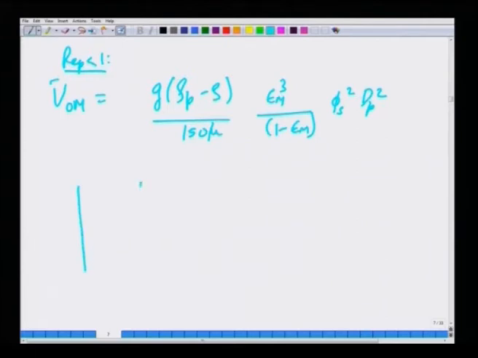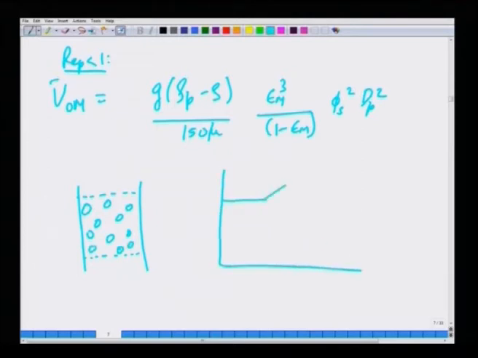Now, another question that we can answer with our analysis so far is that suppose you have a fluidized bed and you are in this regime where the length of the bed is expanding. This is the length, this is the pressure drop, this is the superficial velocity, and you are at a particular pressure drop where the pressure drop is constant and the length is at some expanded value. The question you want to ask is whether the